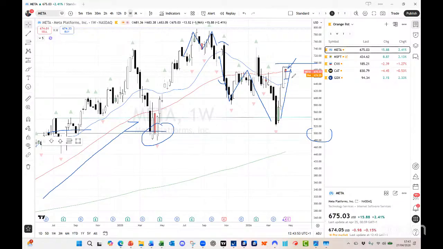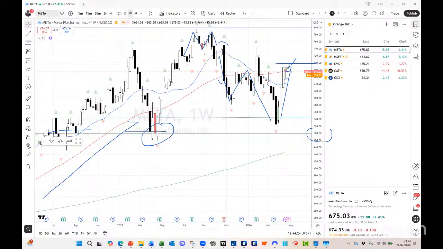So my view is, we are back at that 50 period moving average, and what I'll be looking forward to see is, do those numbers coming out on Wednesday fuel us to go back up to those highs where we saw that double top underneath $800? Or if there's any disappointment in terms of return on investment for AI or growth in ad revenues, if that weakens, then does that 50 flip into being resistance and we drop back towards the 600 level?